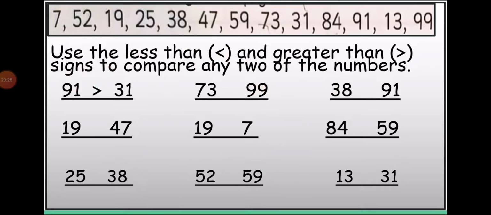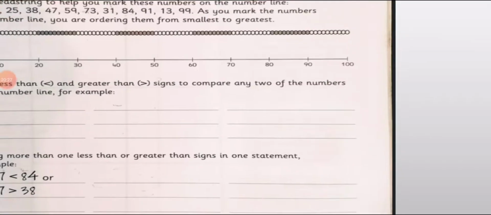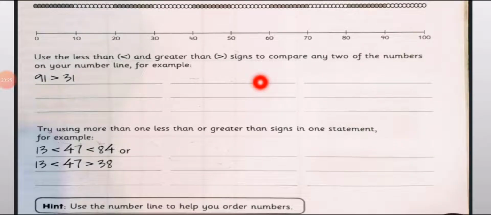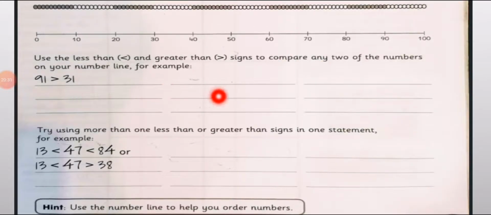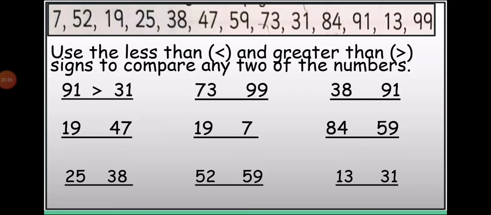I have made these numbers here. You can see first I have done for you, and how many spaces are here? 1, 2, 3, 4, 5, 6, 7, 8 more lines are present here. So I have made 8 more. 1, 2, 3, 4, 5, 6, 7, 8. 8 more here. And you have to put the signs